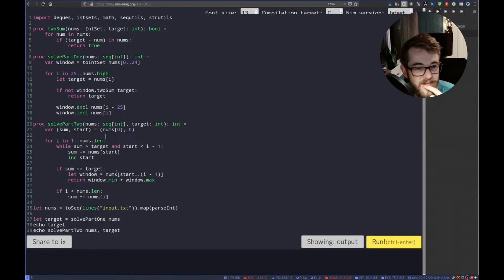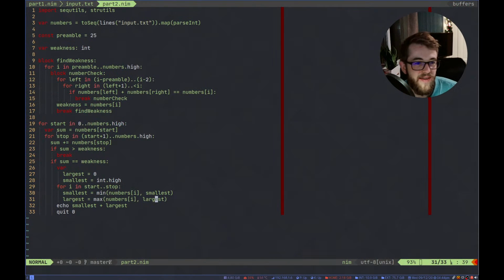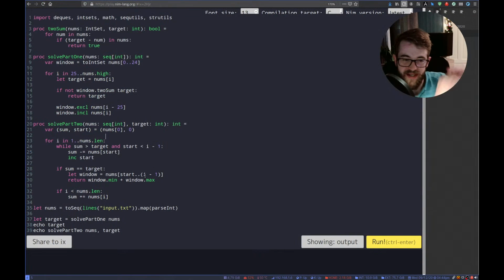And if the sum is equal, yeah, so instead of what I'm doing here, where I calculate the sum, like if it's bigger, I just break out of this, and I start calculating the sum over again from the beginning. You basically keep a running sum. That's pretty clever. If the sum is equal to the target, then yeah, then you basically do the min-max.